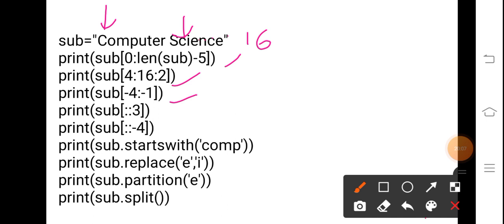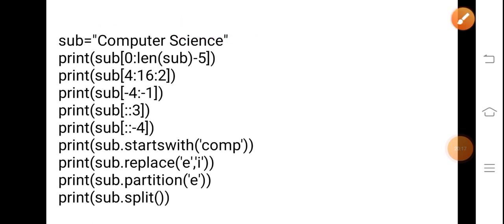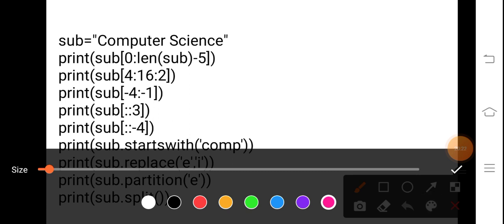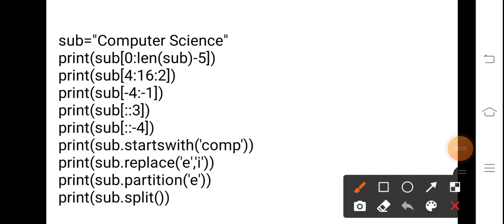So it will start from E and print up to C, because -1 is the last and will not be included. So we get the answer up to C: E and C, these three will be the answer.